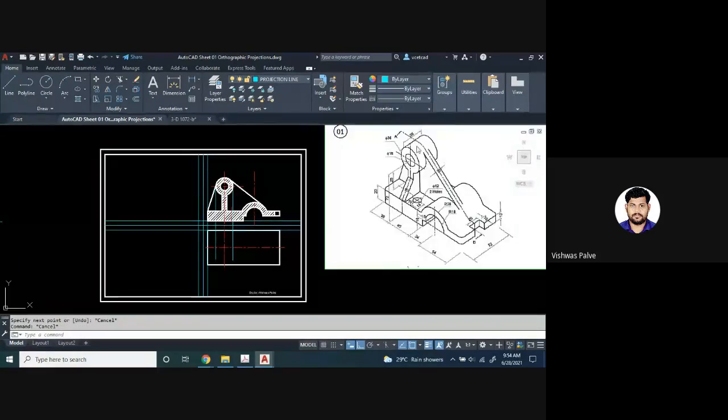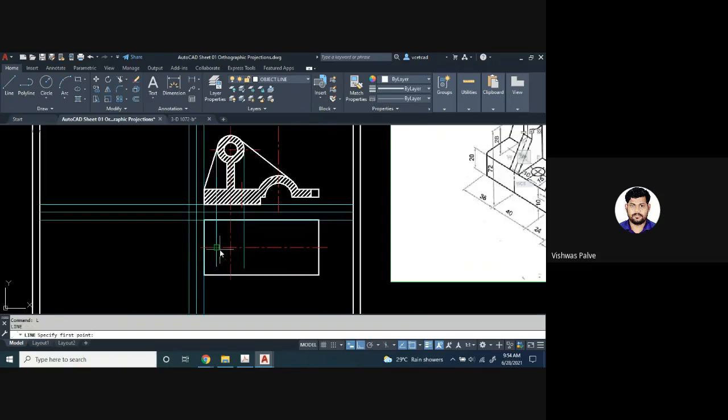Then how much is the length of that cylinder? 36 millimeter. So 36 millimeter, if I want to show that, I will use the object line, L enter. From this point, I'll use the vertical 36 by 2, 18 millimeter, right? Yes, sir. 18 millimeter. Then horizontal, one second, I have not selected the object line. I will select the object line, L enter. From this point, at 18 millimeter, right?